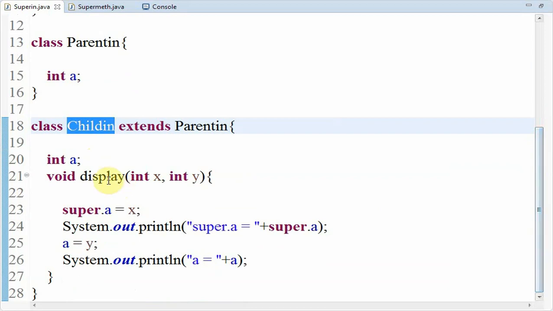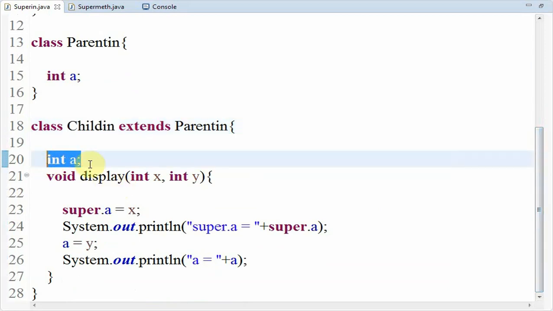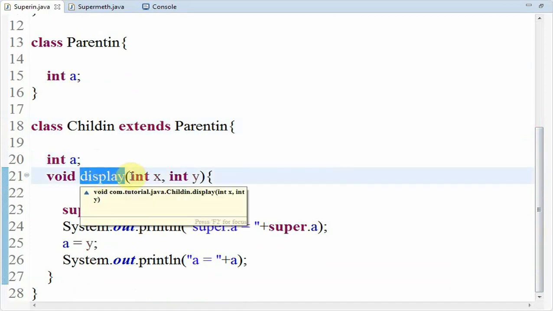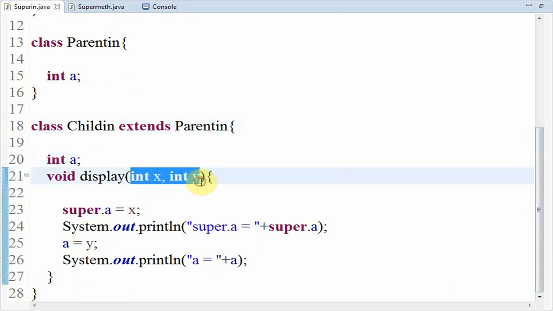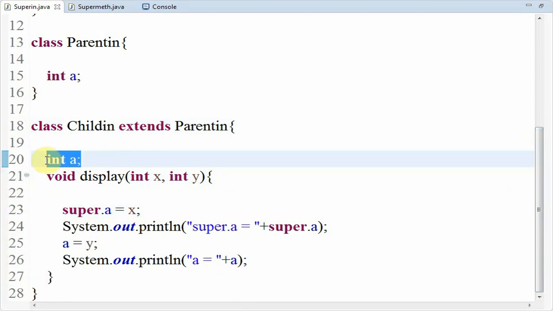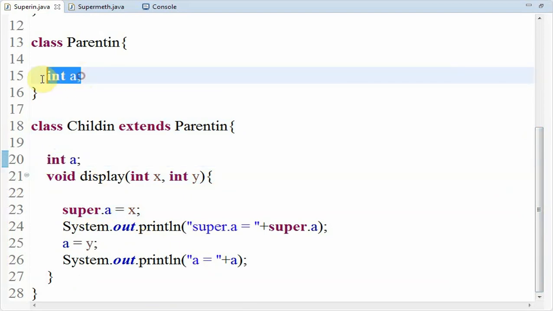So here you can see one more variable with the name a of integer type, and I have created one more method, display, which accepts two arguments of type int. And here you can observe I have written super.a equal to x, which means that when the variable names of the child class and the parent class are the same, how can I make use of both variables?